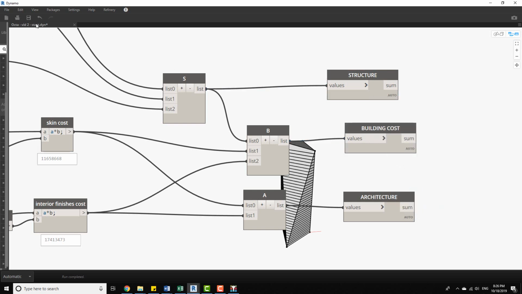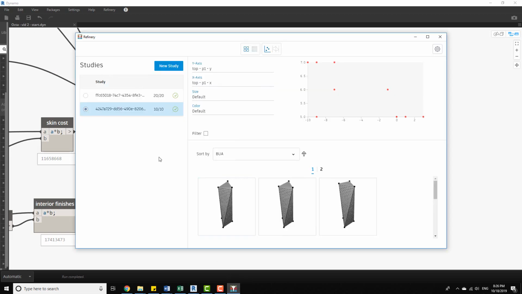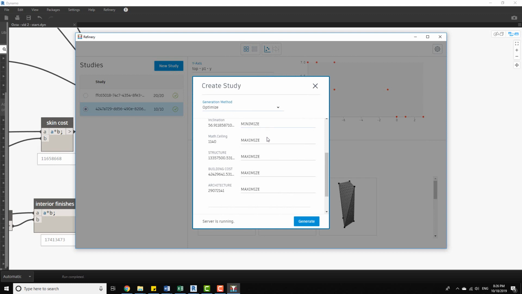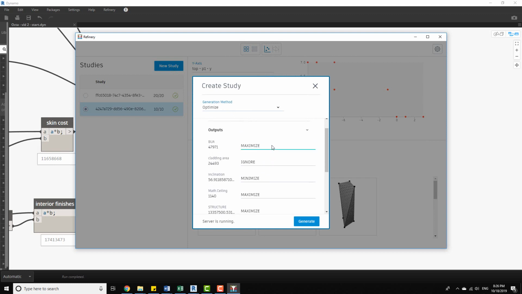Let's save again and go to Refinery and create a new study. So now we want to make the built-up area maximized, ignore the cladding, the inclination we wanted to be minimized, and